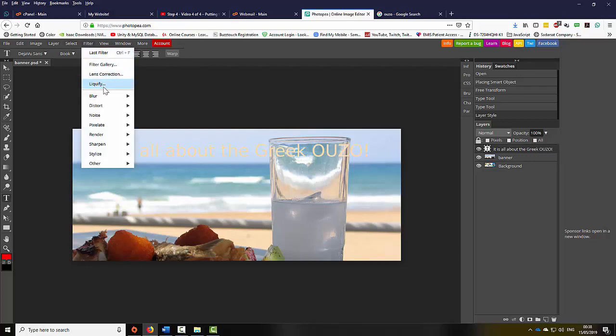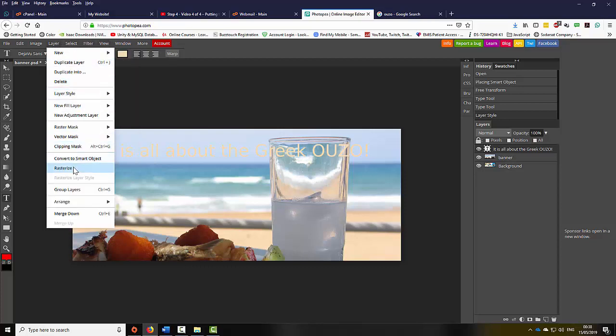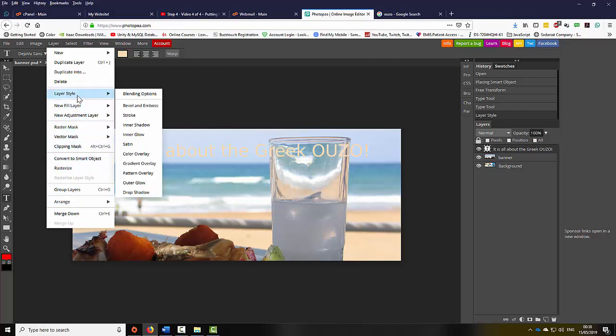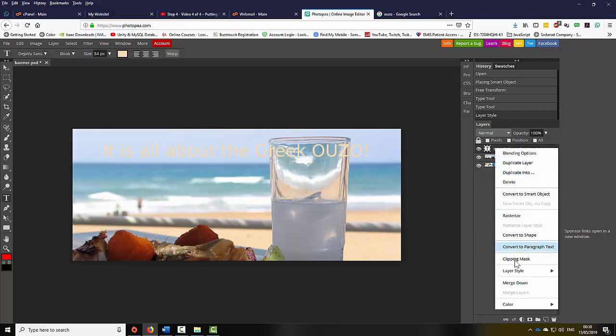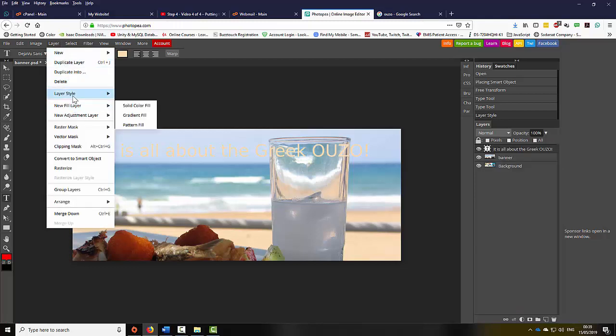Filters, view, layer, rasterize, layer style. There is. Okay, so the layer styles are here. In Photoshop, the layer style can be actually added by right-clicking here and select layer style. But on Photopea, it's slightly different. So we'll go to the layer option, select layer style, and then let's select